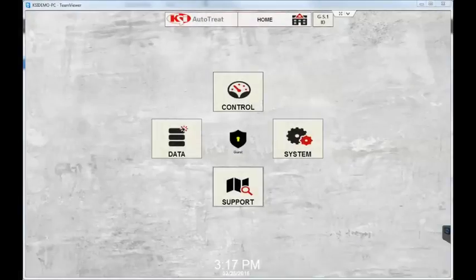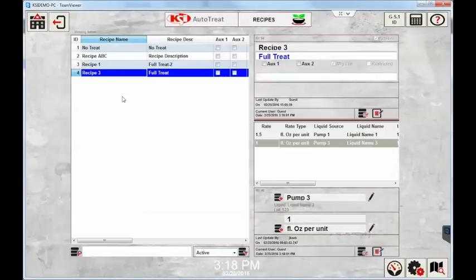In this video, we will cover how to add a controlled rate auxiliary device to a manufacturer recipe. From our control system, if we navigate to the recipes page, we will see, and we know, that a manufacturer recipe does not allow us to add another recipe item or change the rate of a recipe item for any